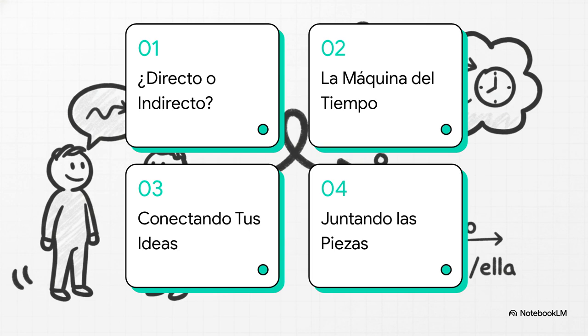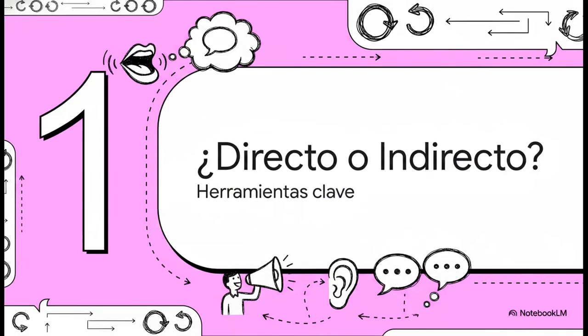Here's what we're going to cover. First, we'll get clear on the difference between direct and indirect speech. Then, we're going to fire up the verbal time machine. This is the key to getting your tenses right. After that, we'll talk about the glue that holds your stories together, and finally, we'll put all the pieces together so you can see it in action. All right, first things first, let's start with the absolute basics, the fundamental tools you're going to need to report